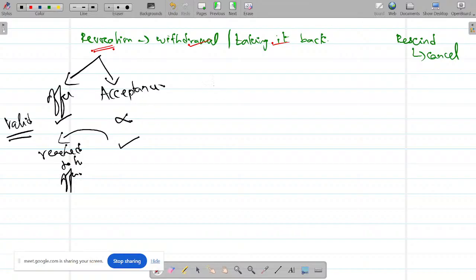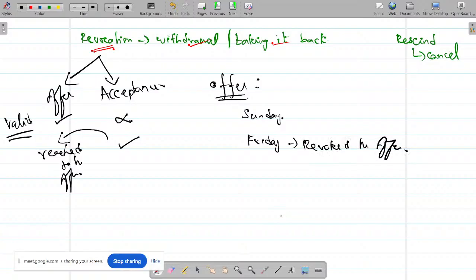Let me discuss first, in this case, revocation of offer. Already I discussed the Sunday case. Before Sunday, you have to give the acceptance. On Friday, I send a note that I have revoked the offer. I'll place a star mark. We have not accepted during that time because I have told before Sunday. Probably I might have accepted on Friday morning also. Here I place a star mark, not accepted.